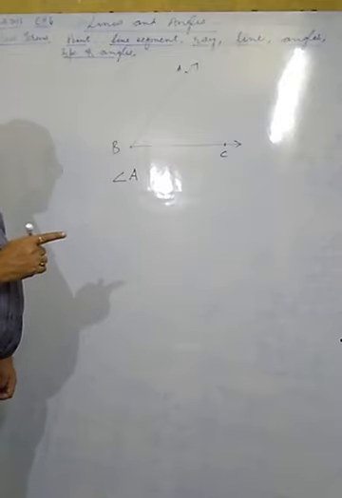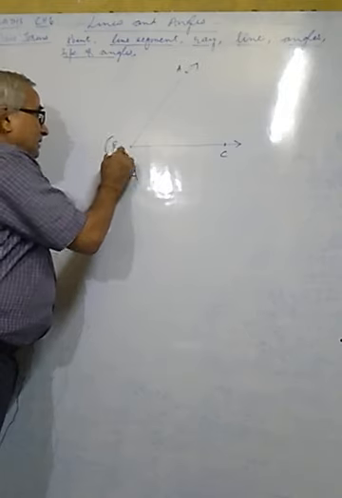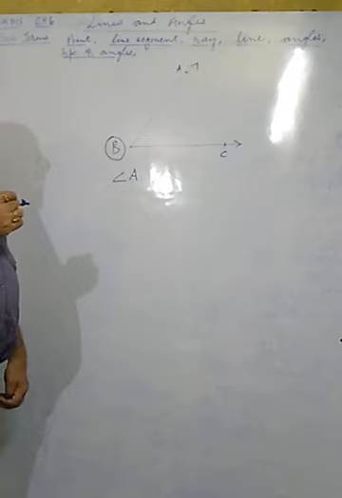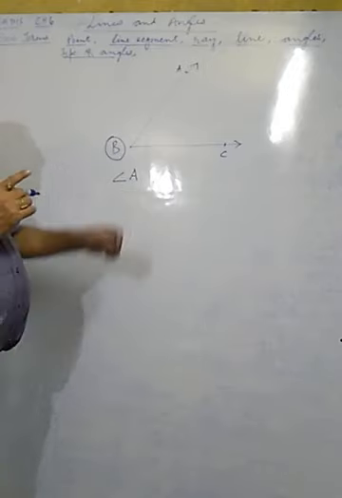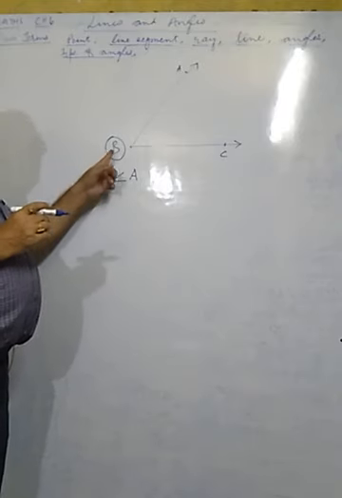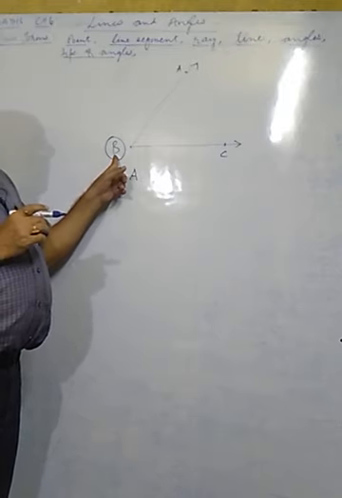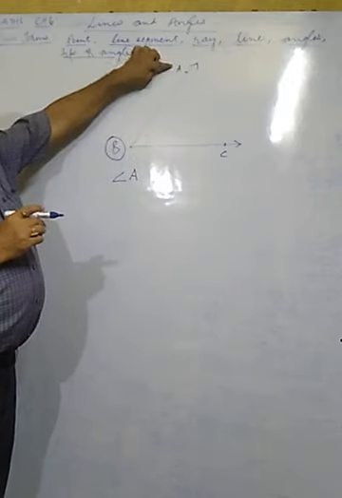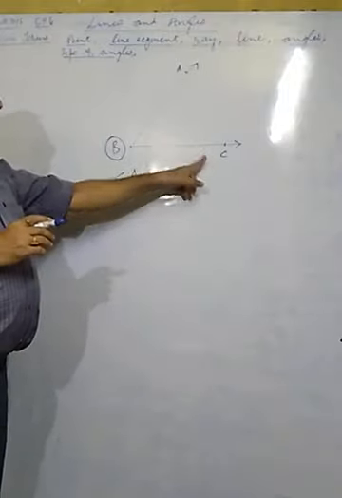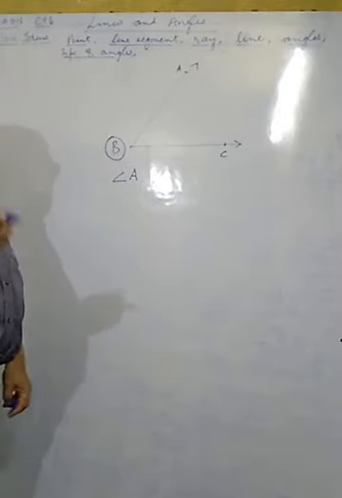Both the ways are there. But it is compulsory for you to keep this initial point in the center, in between the three letters. You may start your journey from anywhere, but this middle point must come in the center. So what will be there? Either say angle ABC, or you may say angle CBA. Both ways are there and both are representing the same angle.